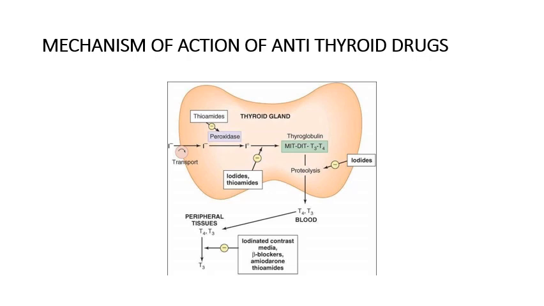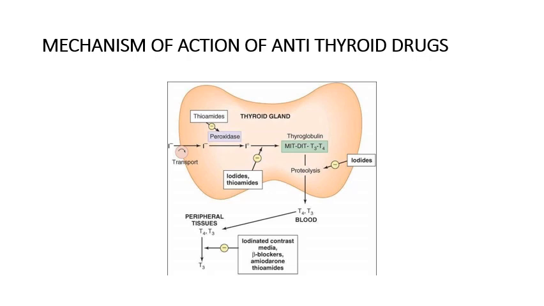Mechanism of action of anti-thyroid drugs, as we discussed earlier: the ionic inhibitors like thiocyanates and perchlorates block the entry of iodide into thyroid follicular cells. They are anions simulating the iodide molecule, and they inhibit the entry of iodide at the level of the sodium iodide symporter. And the anti-thyroid drugs like propylthiouracil, methimazole, and carbimazole inhibit the synthesis of thyroid hormone by blocking the peroxidase enzyme.